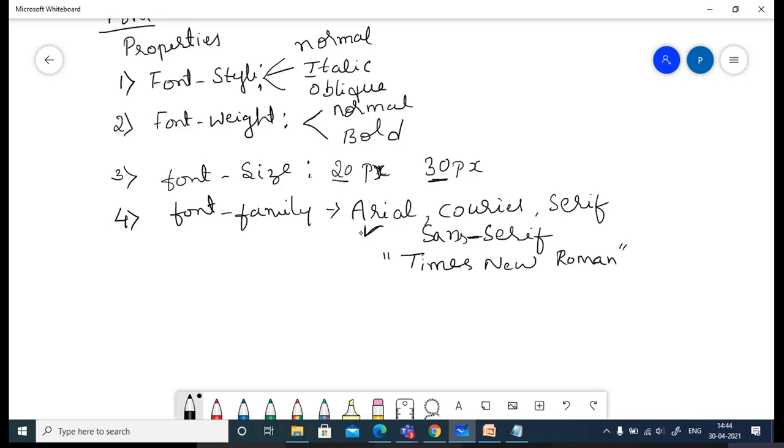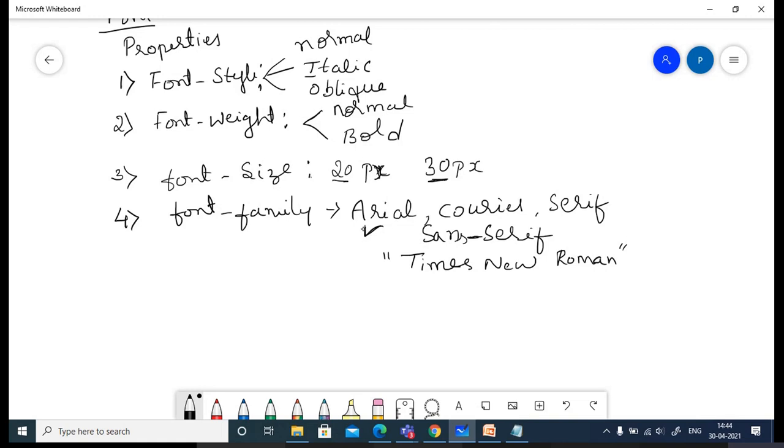Okay. Is it clear? Just observe, open the textbook and you can see in many of the examples they have specified more than one font family. That is just because some of the browsers are not supporting all types of font family. Okay. So among this set, whichever is compatible with that browser, it will select that.